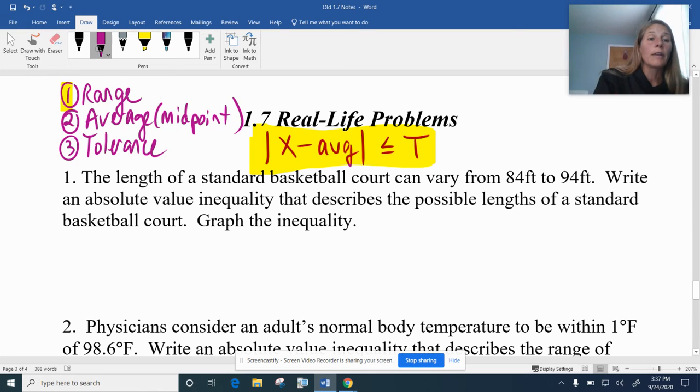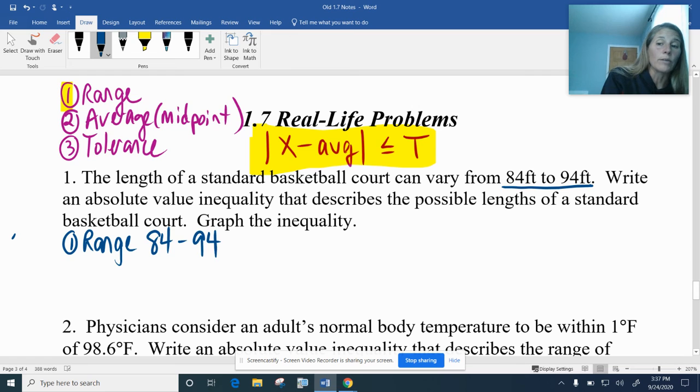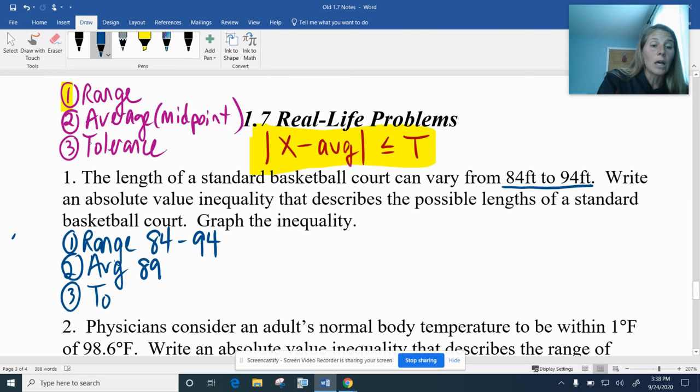So the length of a standard basketball court can vary from 84 feet to 94 feet. So that is our range. Our range is 84 to 94. If we know the range, we can easily find the average because it's just the midpoint of those two numbers. You could add them up and divide by 2. You could count backwards on a number line till you get in the middle, and you should get 89 for the average. And then my tolerance,